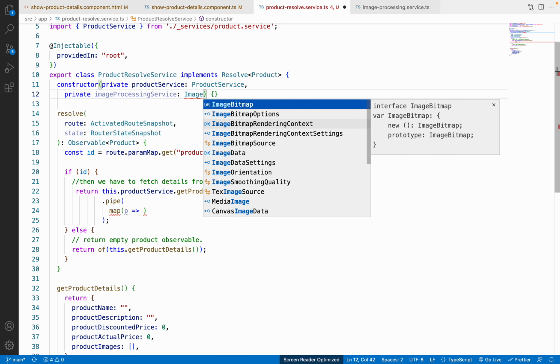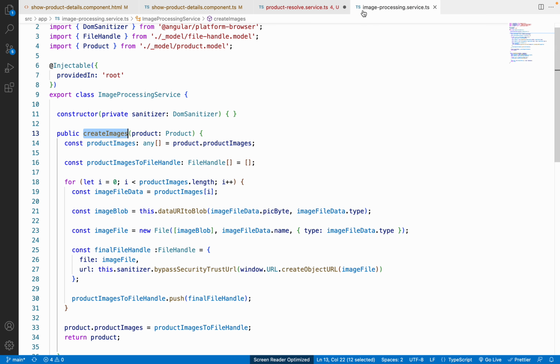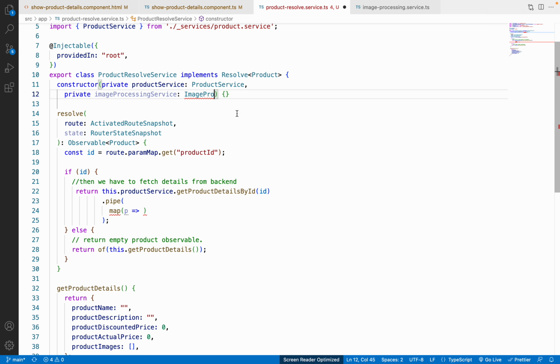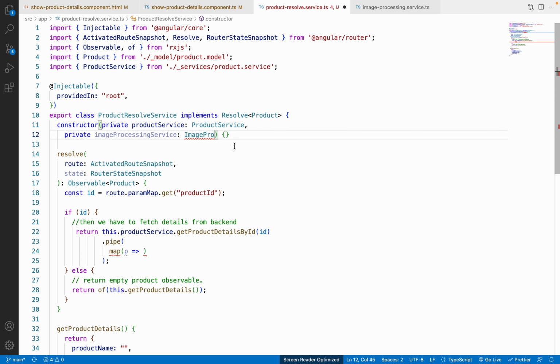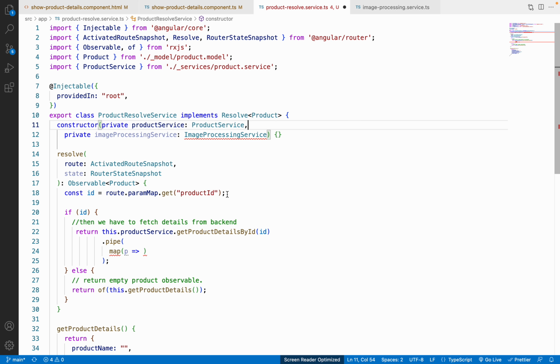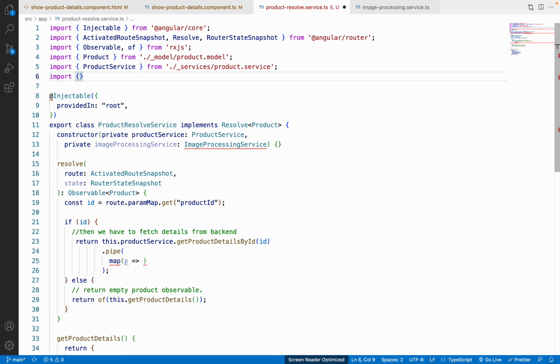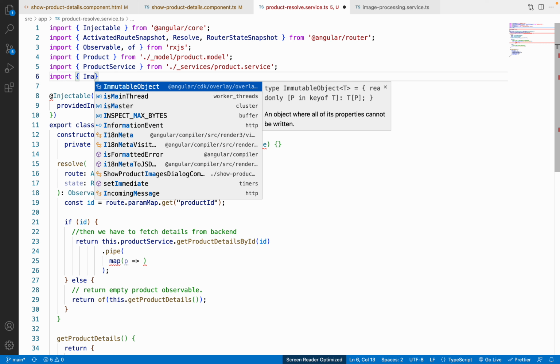I'm not sure why I'm not getting suggestions over here like image processing service, or let me just check the name. So yeah, the name is image processing service itself. So let me just see what I'm doing wrong over here. Okay, so I'm not sure why I'm not able to resolve this. So let me just add import. There should not be an issue. So let me just add import image processing service